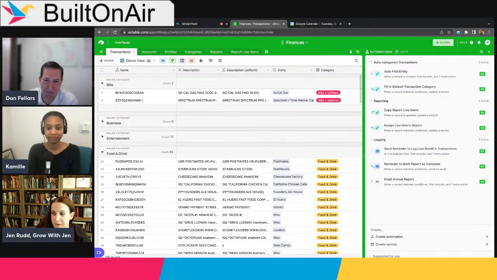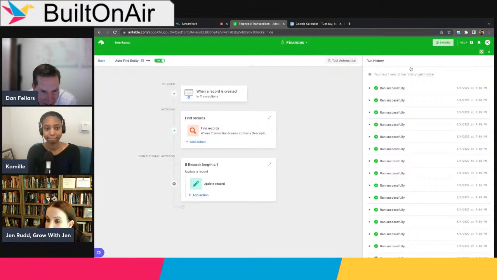Very cool. What happens if you go back to the automation, the auto find entity? Yeah, I think that's an interesting use of the conditional logic. If it didn't find any record, if you didn't have that conditional action and you just tried to create what was found, so it has a potential of finding 0, what would happen if you tried to update? If it finds 0, what it might do, it might